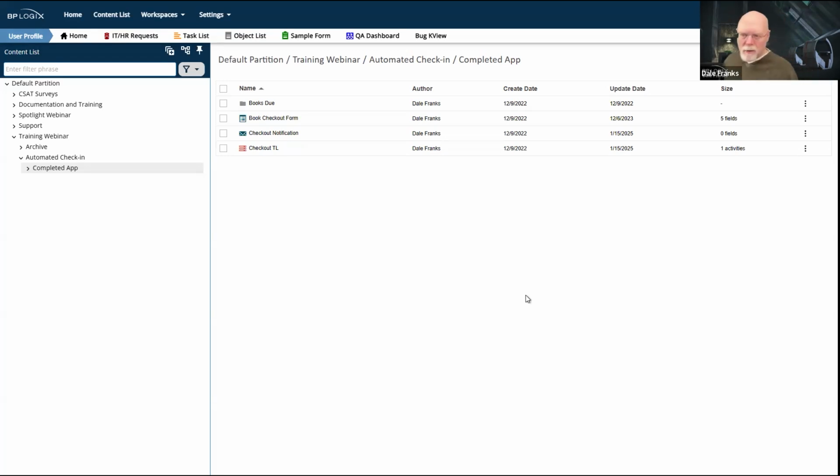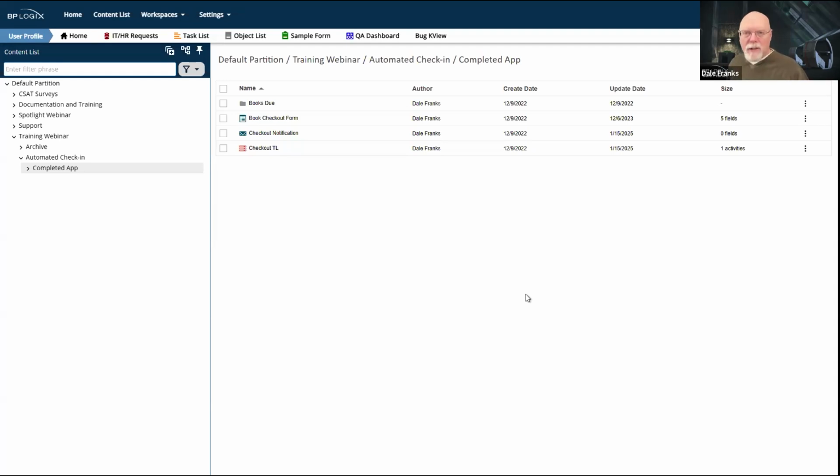But what we are going to do is discuss in detail how this restarting of a process, which I think is actually a bad term, it's not really restarting a process. How we're going to take an original process and use it as the base for a new process that we're going to start to do a follow-up, or as in this case, to do a check-in of an item that has already been checked out.